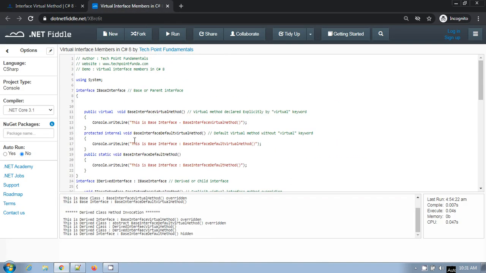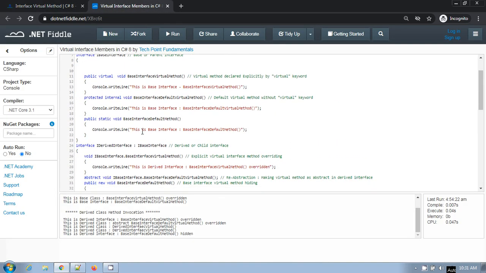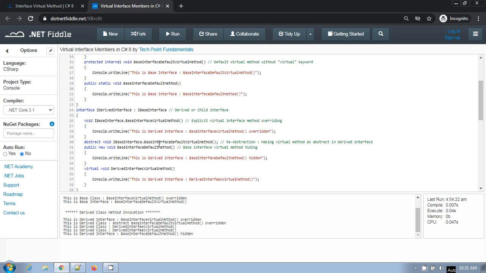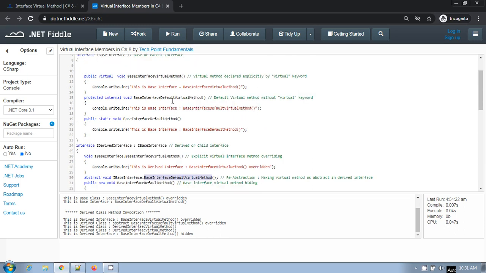So here we have created a member, this base interface default virtual method. This is a virtual method without any virtual keyword, but if you see here the access modifier is protected internal, so you can have protected internal or protected virtual members in an interface.